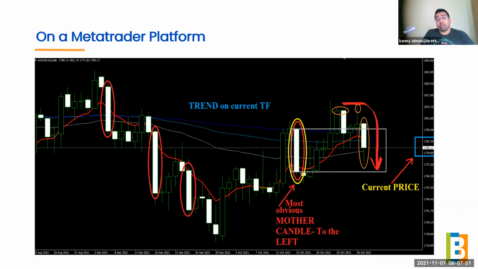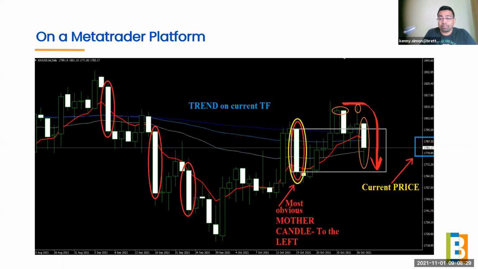And once you have identified and you understand the trend overall, then you can actually go on to the 3 time frames, do your analysis, and then you can also be aware of the current price with the current candles as well, and then look at where the current price is pointing to, which most recent and biggest mother candle that you can actually see. So the most recent one, like for example here on gold, is this one here. So we need to pay attention on this one here. And what we need to know about that we have focused on is what we're going to be talking